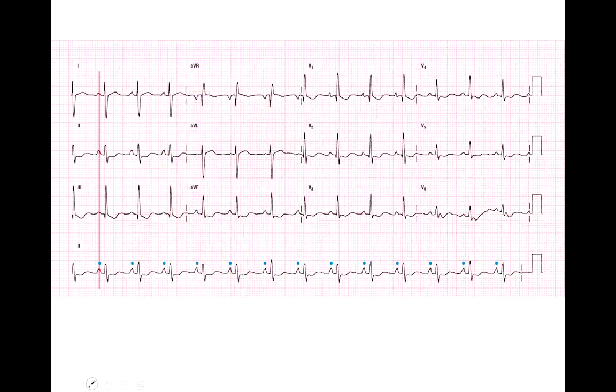So let's go back to this 12-lead ECG. Now I've added one thing to this 12-lead ECG. Do you notice this lead 2? It's actually duplicated. Here's another lead 2. Sometimes when you see a 12-lead ECG, remember here's 1, 2, 3, AVR, AVL, AVF, V1, V2, V3, V4, V5, V6. Sometimes with